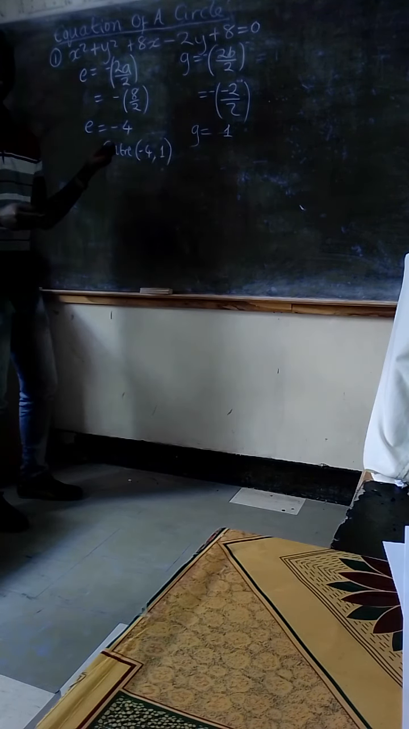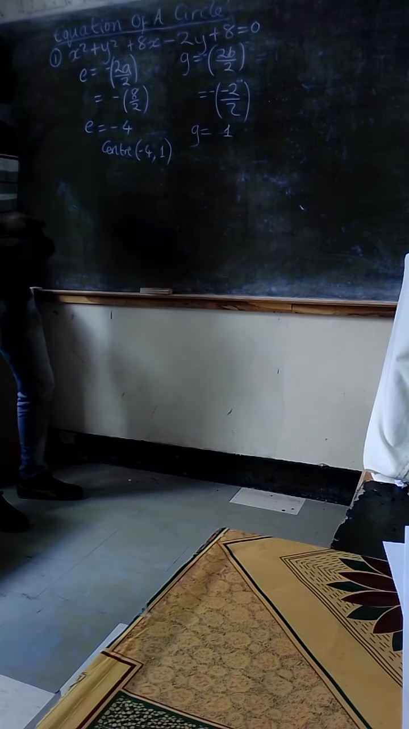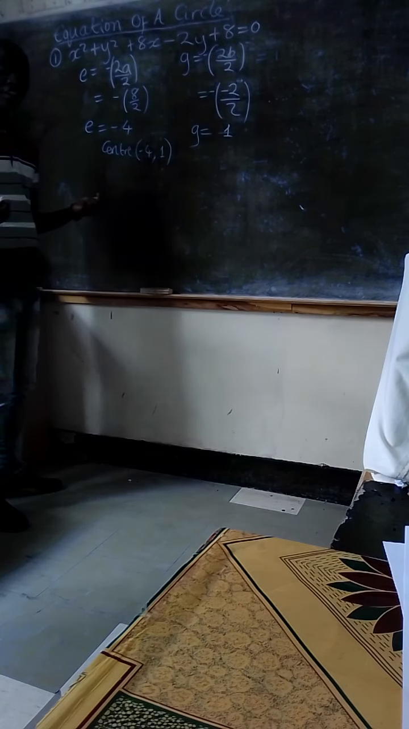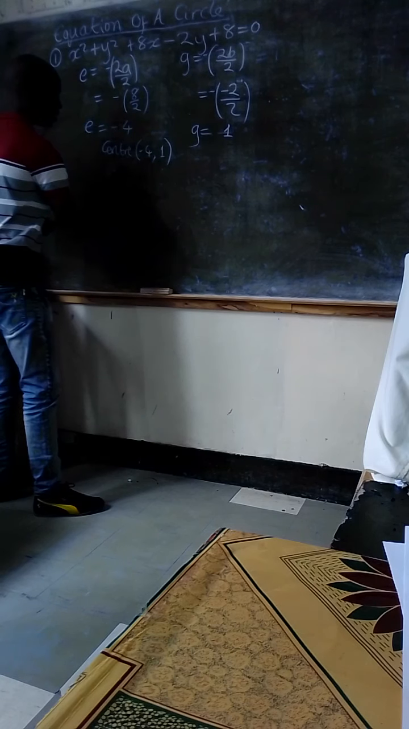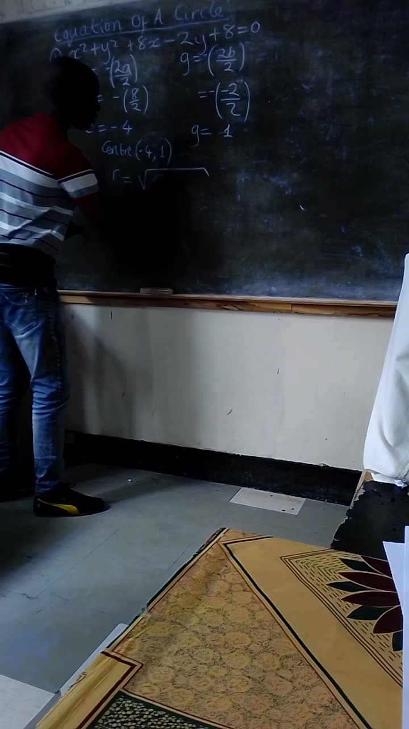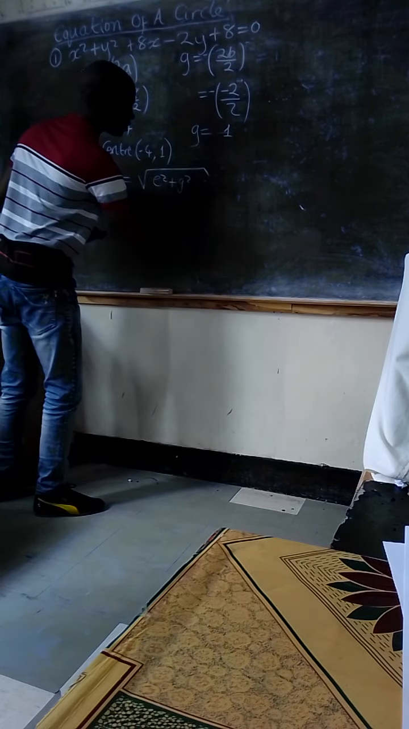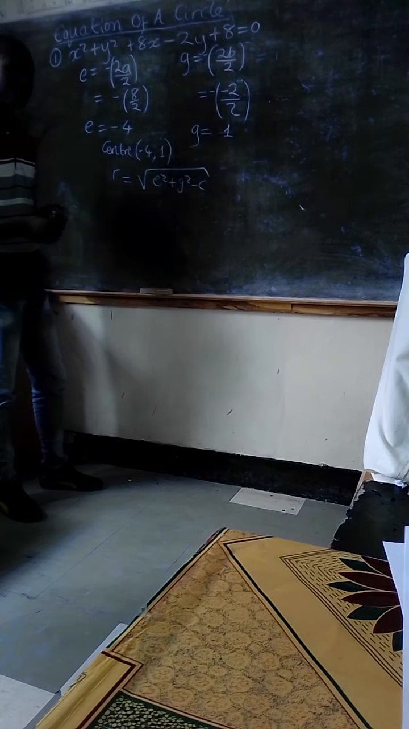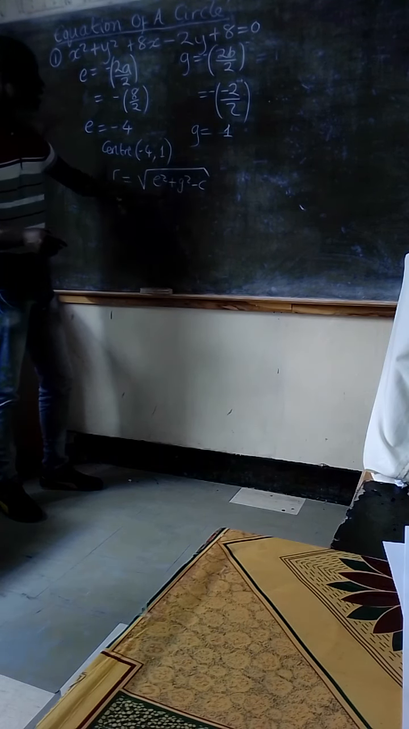This gives us the center to such a beautiful equation. Then, how do we get the radius? We define the radius equation and we just substitute our details. So r is equal to the square root of e squared plus g squared minus c. Okay? So with this simple formula, all we do is substitute the values of e and g, and c is